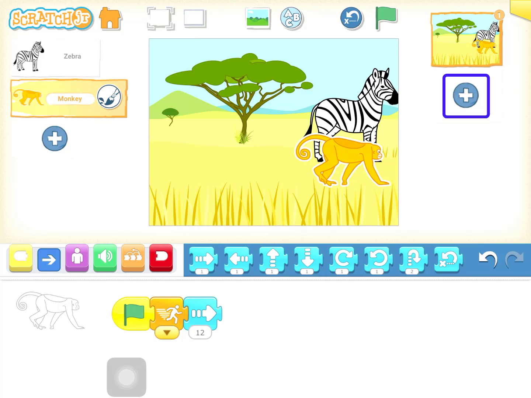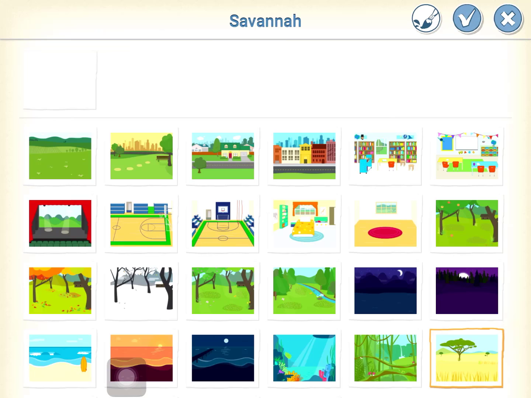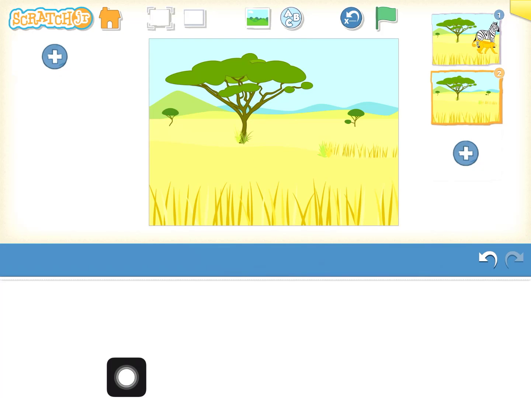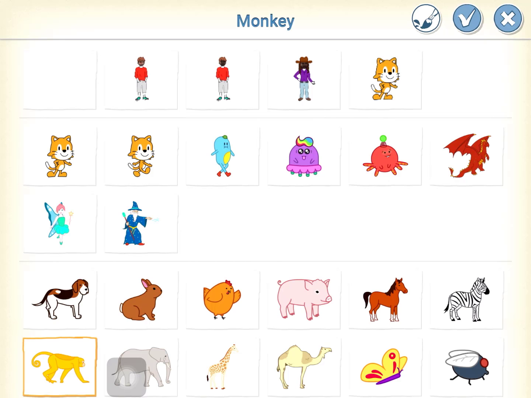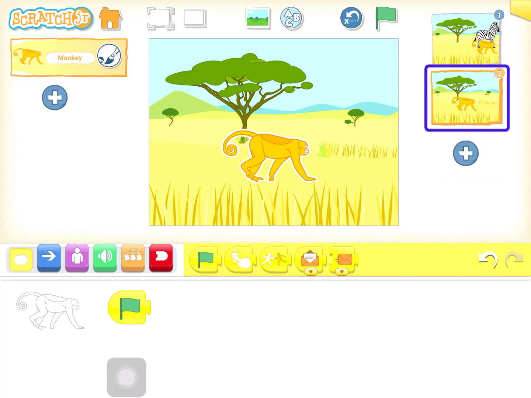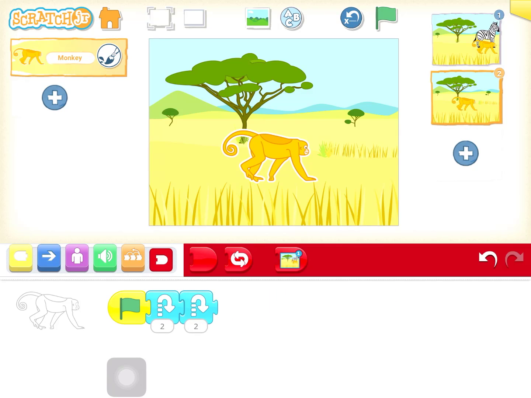Now if we want to make the same thing as we had on the screen, we'll add another page, go to change background, add the same savannah background and remove the cat from here, and we'll add a new character, same monkey. Okay, and now when monkey is here, let's put him here, we'll give him a new script on page 2. So on page 2 he'll hop once, he'll hop twice, and he will go back to screen 1.